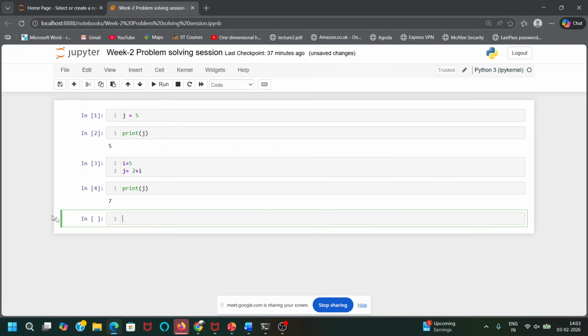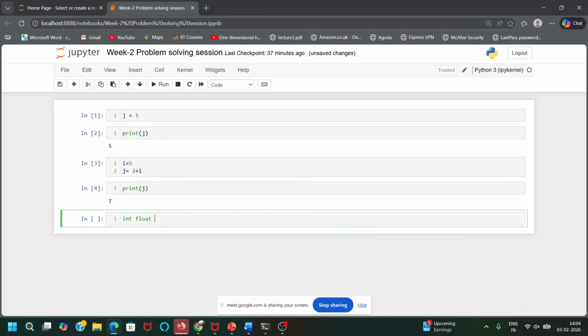So there are basically data types which we have seen in this week. One is int, the other is float, and there is also a type called string.